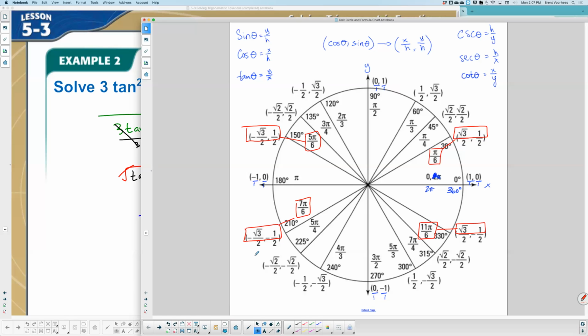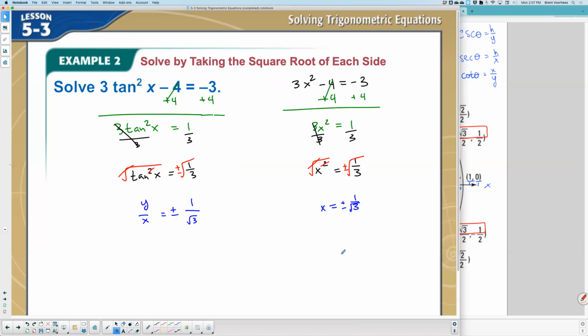Now here's a shortcut if you have 4 answers, especially when they're all the same denominator. If it's 4 answers, all same denominator, you do not have to do plus or minus 2 pi. Here's how you would write your answers. You just write the first 2 that occur, which happen to be pi over 6. Instead of writing all 4, what you're going to do is write pi over 6 plus, instead of 2n